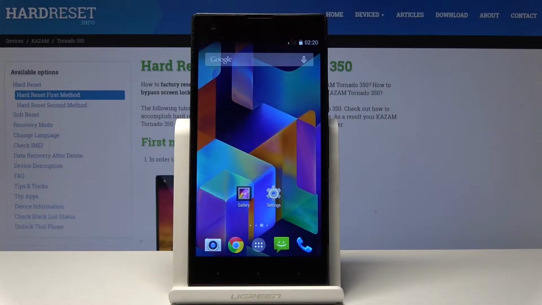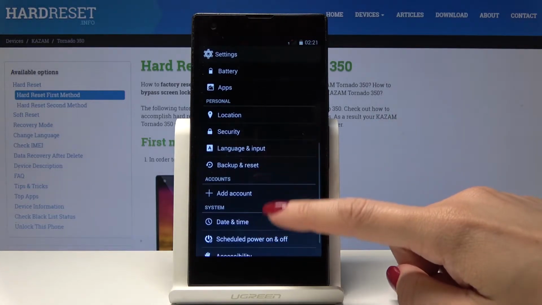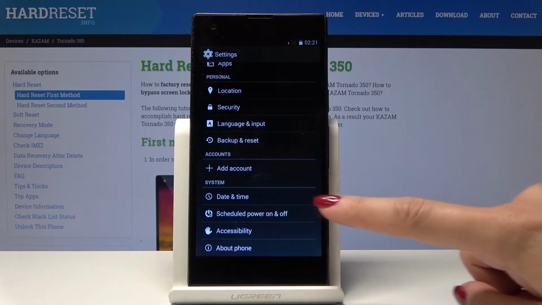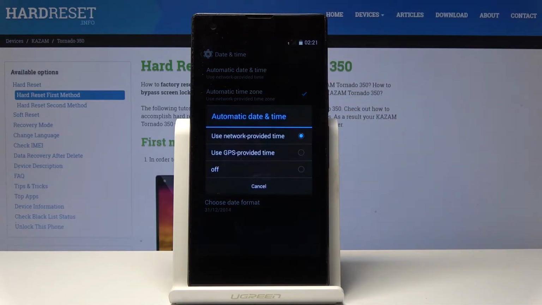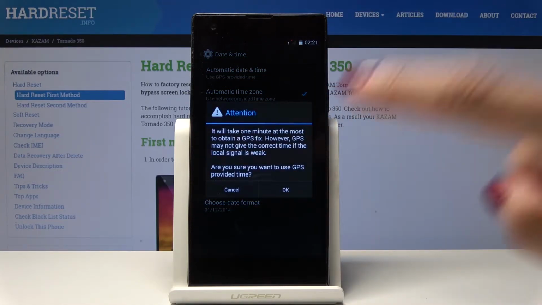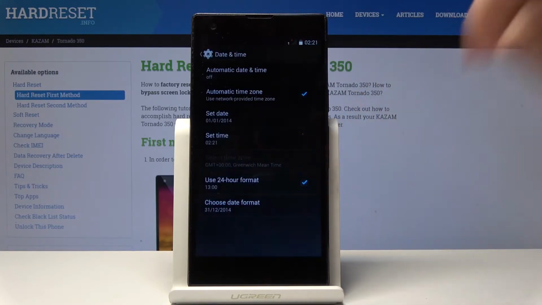Here I've got KAZAM Tornado 350, and let me show you how to set up date and time on the following device. So at the very beginning you have to open the settings, then scroll down, find and select date and time. And here you can either have an automatic date and time, and it can be network provided time or GPS provided time. Okay, or you can switch it off, so just click on off on the last option,